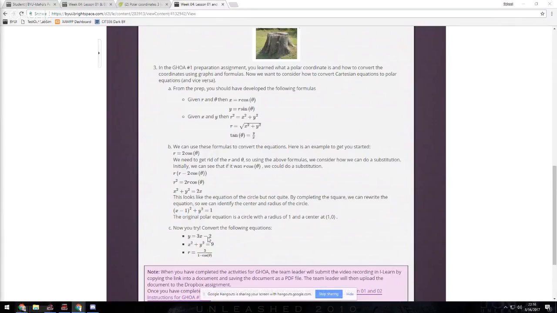So y equals 3x minus 2. And since we're going to do polar coordinates, we're going to replace y with r sine of theta, and we're going to replace x with r cosine of theta. And so since we want to get r by itself, in function form, so basically r theta type form,